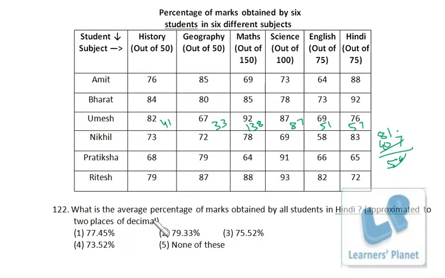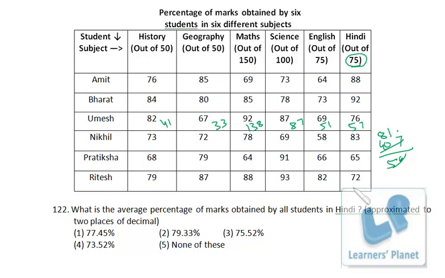Now in this question, what is the average percentage of marks obtained by all the students in Hindi? Okay, now what is happening over here? In Hindi, suppose Amit, if we talk about, he's getting 88% of 75, he's getting 92% of 75, right? All these marks are from 75, but these are in percentage, and actually we want the average percentage. Now since the base is same, you can calculate directly the average of these 6 data, these 6 percentages,